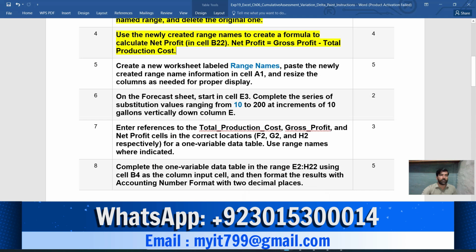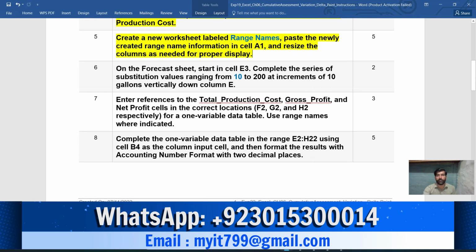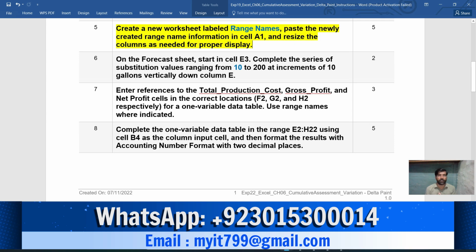Now I move toward step number 5, and step number 5 says to create a new worksheet labeled Range Names. Okay, I create a new sheet and its name should be Range Names. Firstly, I do this.